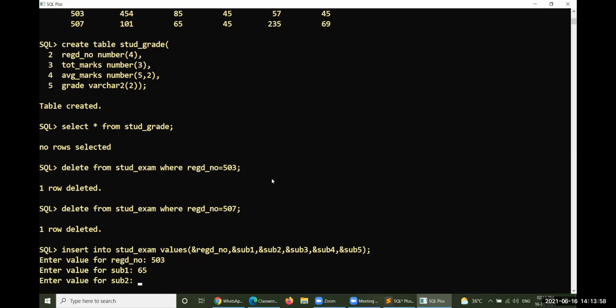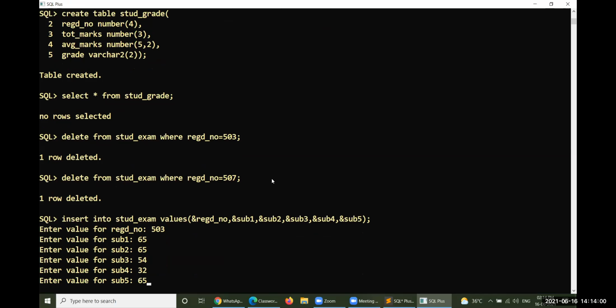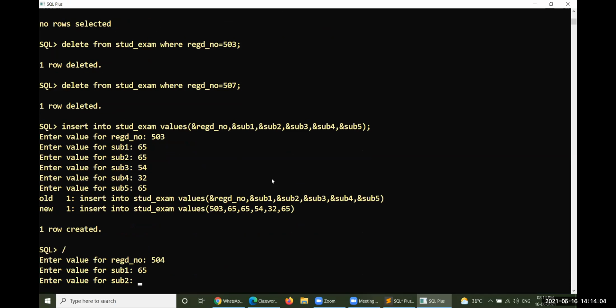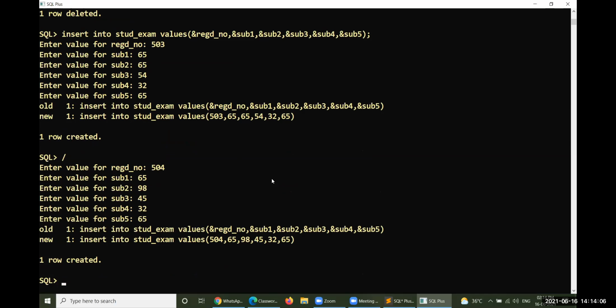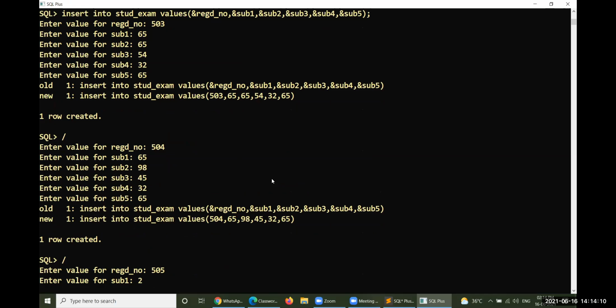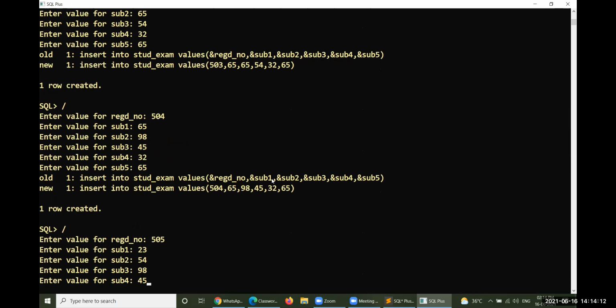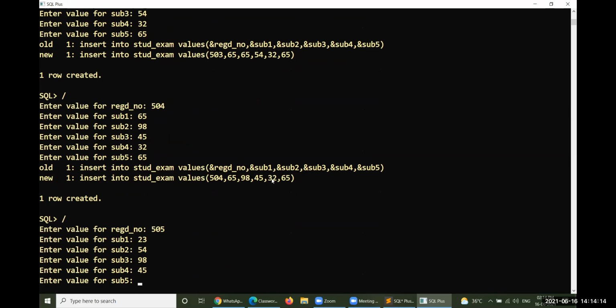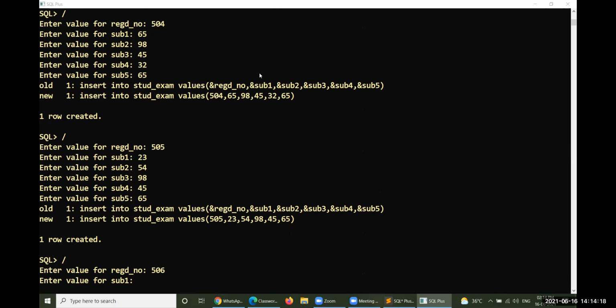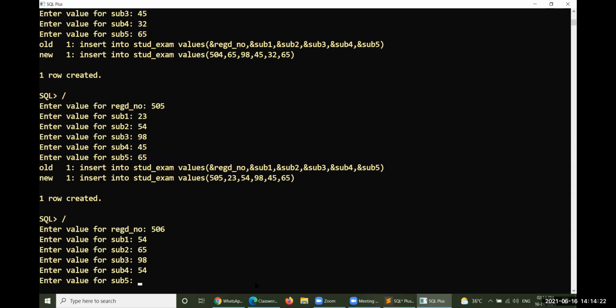One row is created, 504, 505, 506. Then subject marks will be 45, something like this.